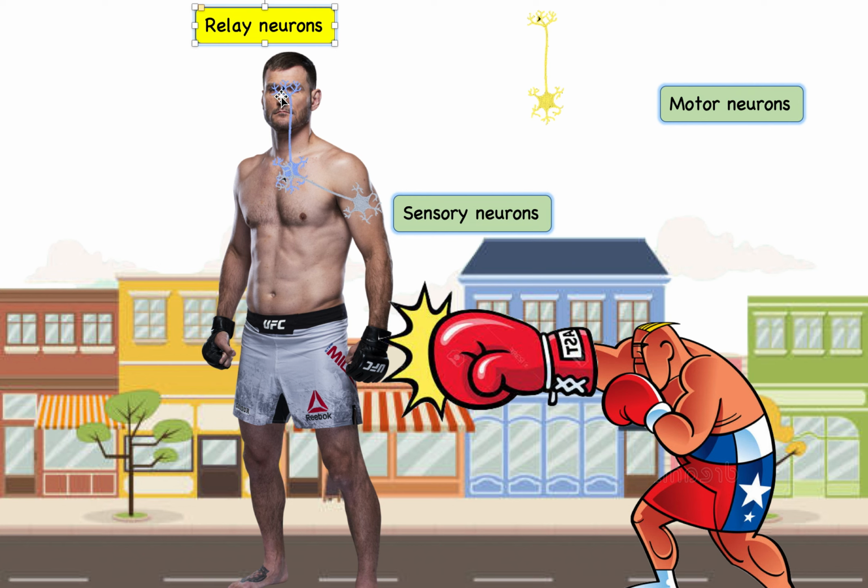So now he understands he has been punched and he's feeling pain, right? His brain created this feeling of pain now. But now, that's not it, right? He wants to continue, he wants to respond. So this neuron will take a signal from his brain. His brain may have decided now to punch, not run away, because he's a fighter, he ain't gonna run away. So his brain decided to make the conscious decision and send a signal down to a neuron, so this one,